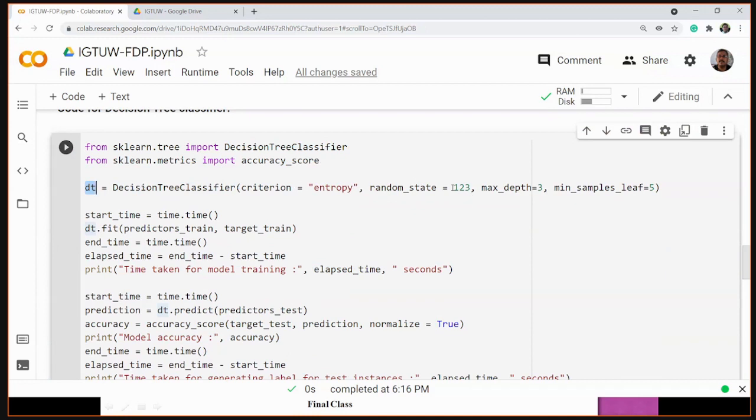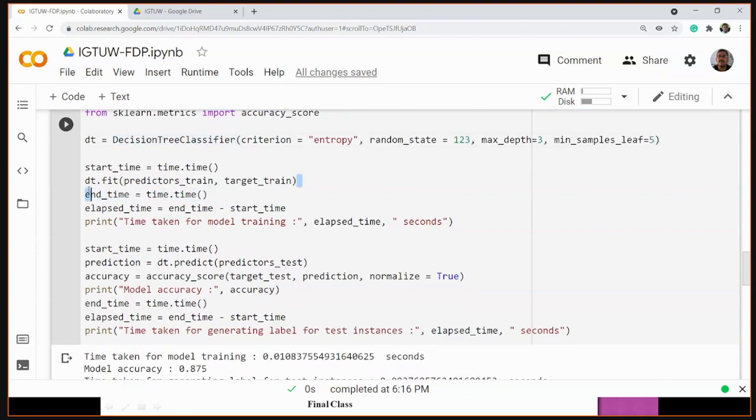Again, here also I can give a random state, and then the max depth, the max number of levels, and the minimum samples leaf. These are some of the parameters we can either give, or there are standard values which are also picked up. We can choose to go as we wish,